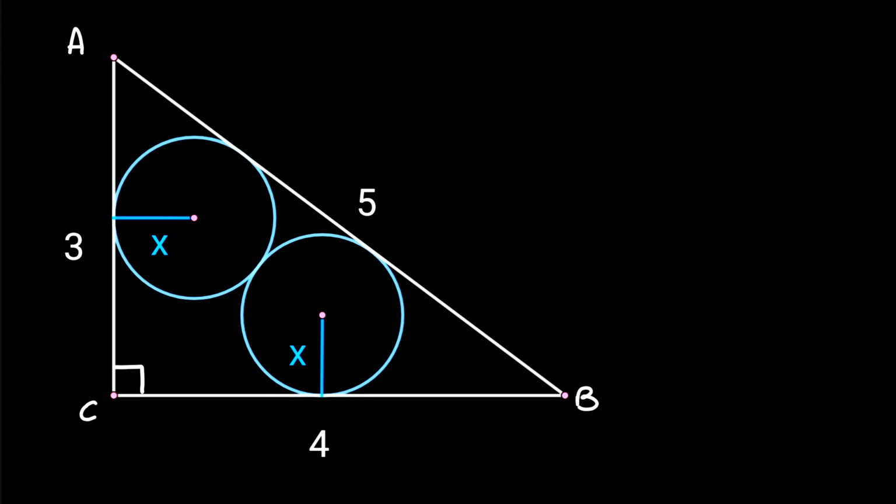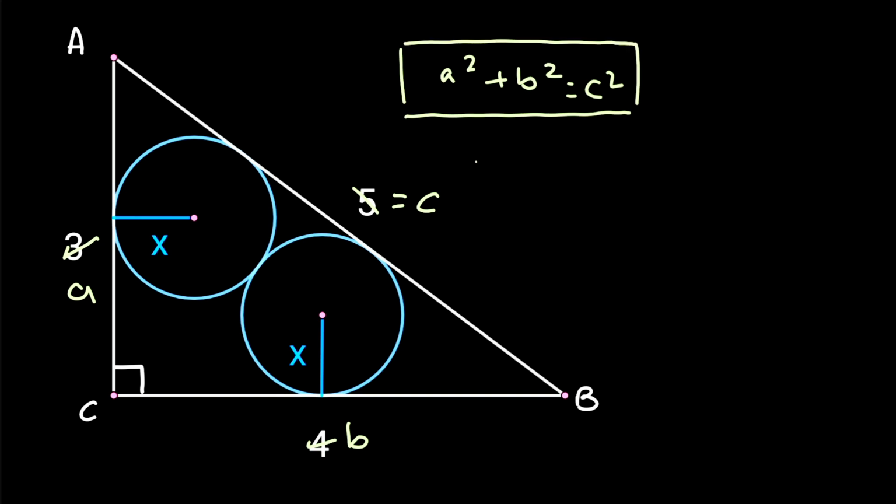So first of all, we can see that the side lengths of this triangle are given as 3, 4 and 5. So instead of taking it as 3, 4 and 5, let us take it as variable. Let the height be A, the base be equal to B and the hypotenuse be equal to C. Now the new side lengths of this right angle triangle are A, B and C. And as this is a right angle triangle, by applying the Pythagoras theorem, we get A squared plus B squared equals C squared.